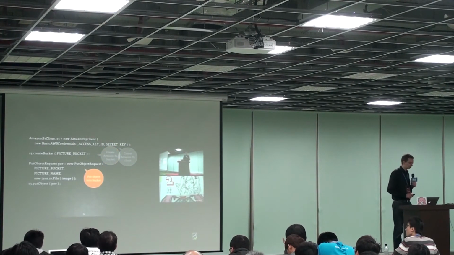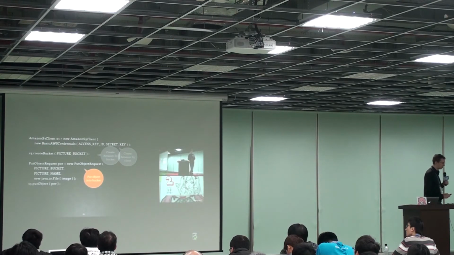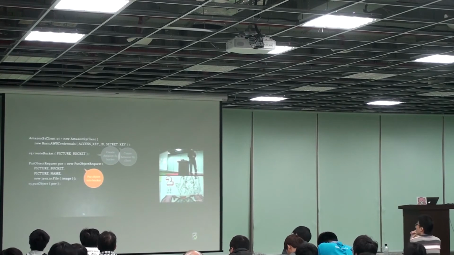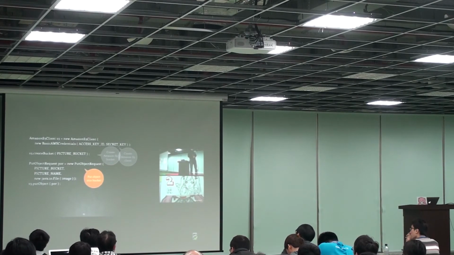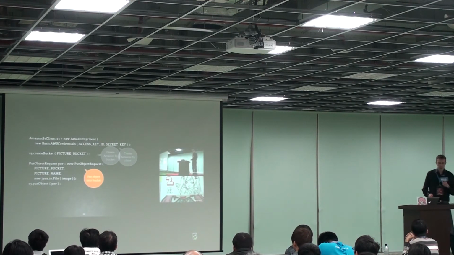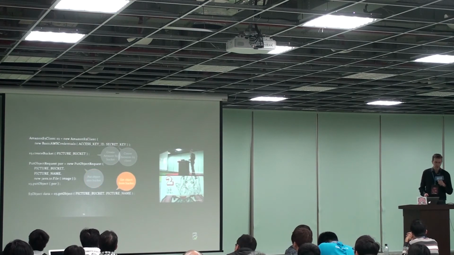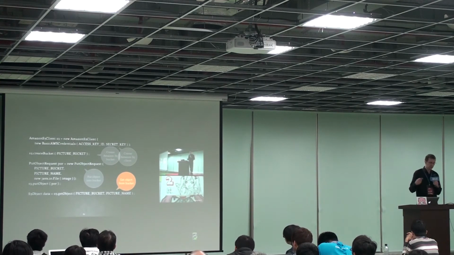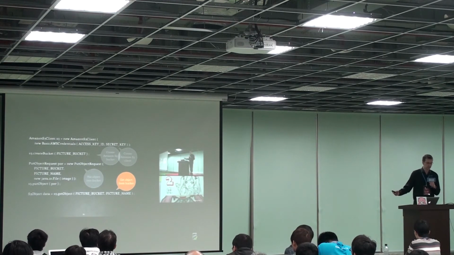Then you can make a put object request. This is what you would use on your client side. Put object into the S3 storage. Where? Picture bucket name, name of the picture, new Java IO file object, etc. So it's pretty easy to integrate. And then later, you can get the object. So S3 object called data, and the command is S3, which is the service name, get object from which bucket,